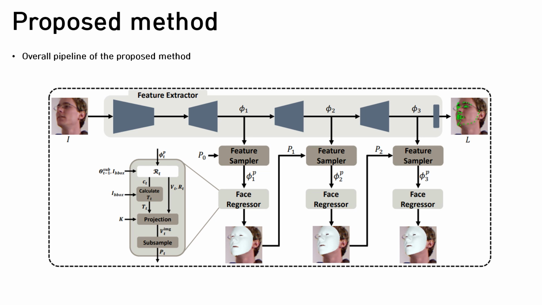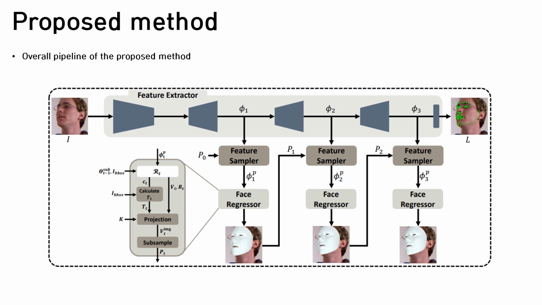The feature extractor of TRG takes the image as input and generates feature maps. The feature sampler extracts feature vectors from these maps. The face regressor then infers face geometry and head pose from the feature vector. Additionally, the face regressor receives the head pose and face geometry from the previous iteration and outputs updated head pose and face geometry. The predicted face geometry and head pose are then projected back onto the image.